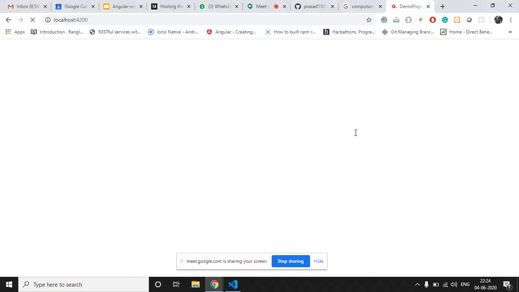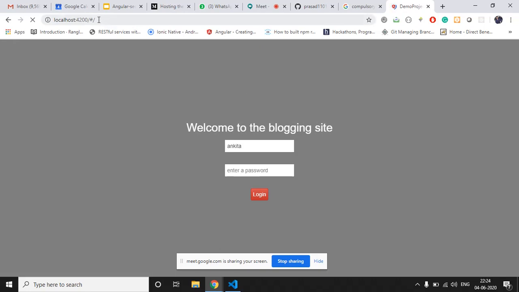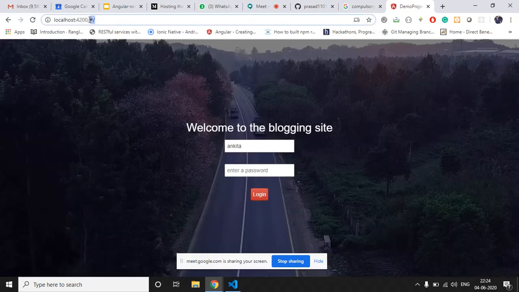So let's see what has changed in our Angular application. By using useHash, it just adds this hash into our routes.